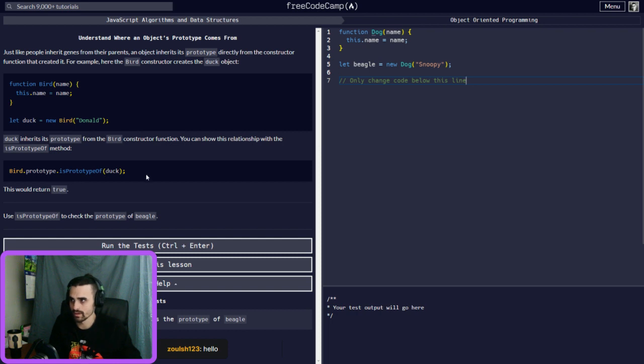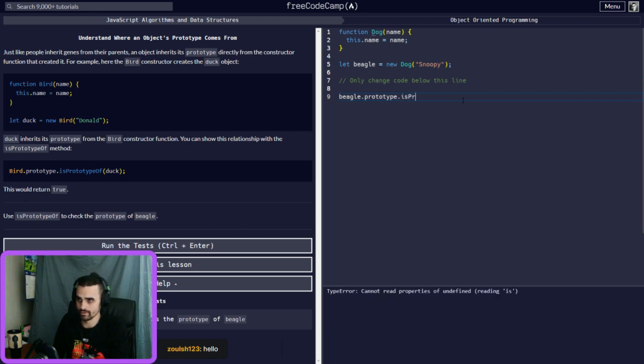This would be using that to check the prototype of Beagle. So you want to see that the prototype here, that's adding those, that the duck is using prototypes based off of bird. So it would be Beagle dot prototype dot isPrototypeOf, and then, oh no, you wouldn't put beagle.